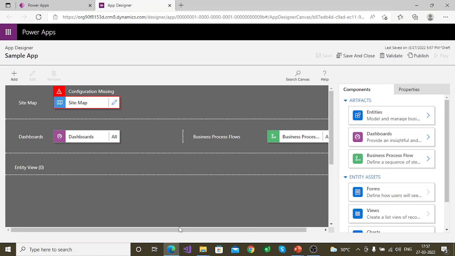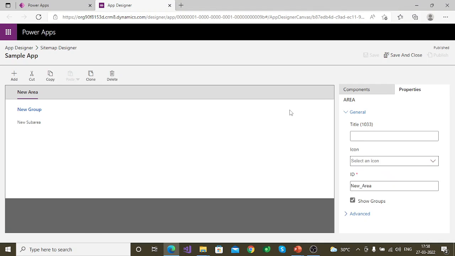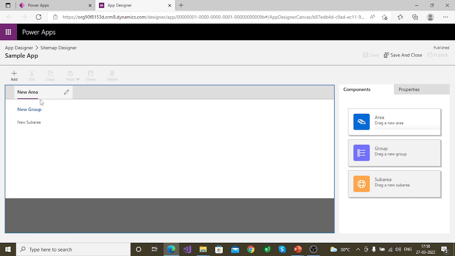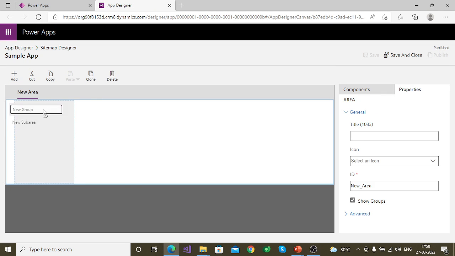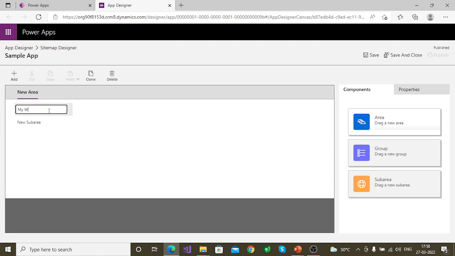Here, as you see, this is the app designer for the model driven app. Here you can see all the dashboards. Currently there are no entity views that have been added. So let me configure the sitemap for this model driven app. Let me go ahead and edit this sitemap. To the left side you can see the area, new group, new sub area, right? So let's say here I want to rename this to my works or something. So I'm giving it as my works,